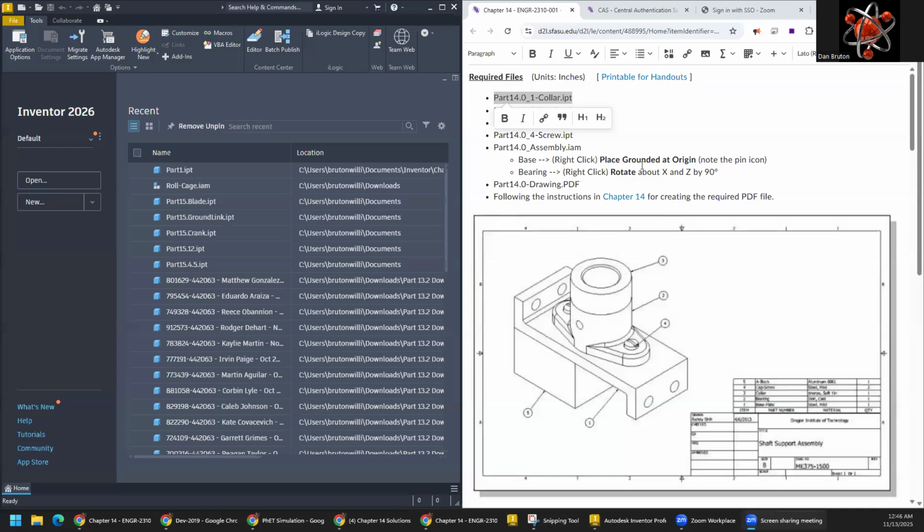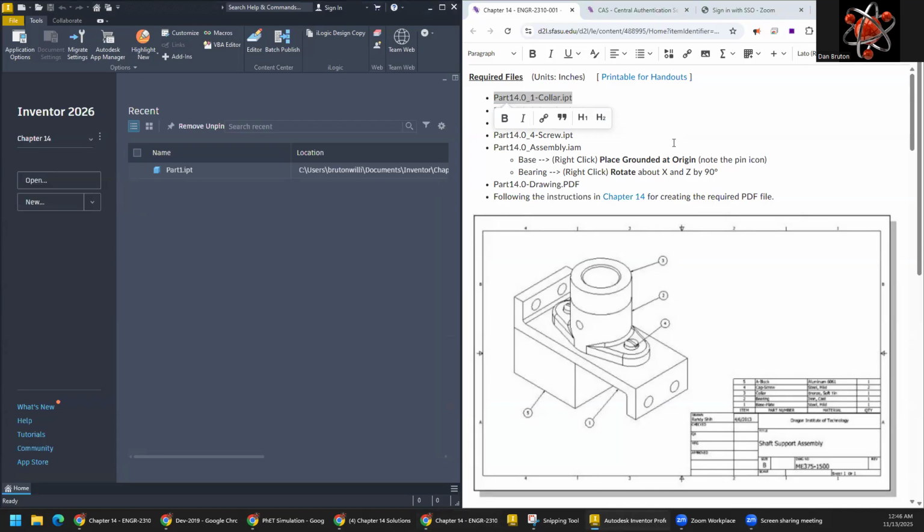Okay, let's have some fun making this assembly. We will start with the color part that's at the top. And so we'll copy that file name, making sure that we are in chapter 14. You can see here, this is problem 14.0 within the chapter. And so if I just do a new object here,